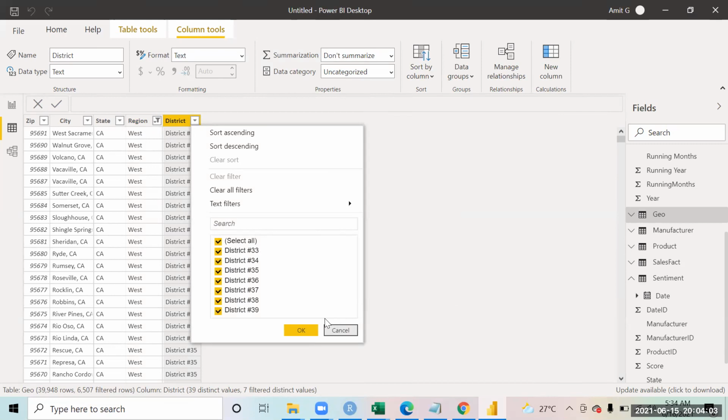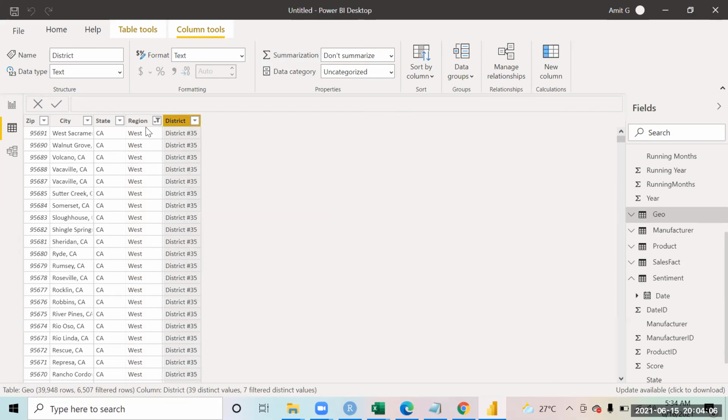Basically, the highest level of hierarchy is this region. Every state is linked to a district, so a district can have multiple states inside it, and each region has multiple districts in it. From the analysis purpose of a company, they would like to understand which district got the highest sales and which district got the lowest sales. If there is a district manager, the district manager will be able to make use of that. Yeah, got it.